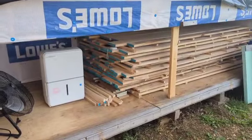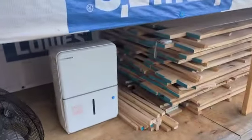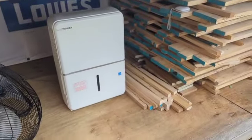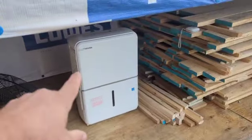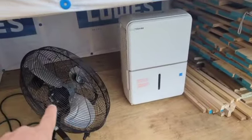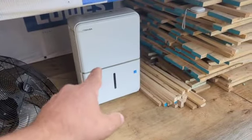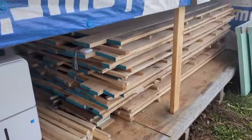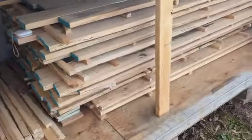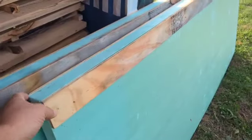The other part about this is that just the amazing thing, and I had seen it online before, but I wasn't quite sure how it would work. I don't have any heat source in here. I have just the dehumidifier and the fan running. The heat generated from those two alone gets this kiln up into the 140s, and it stays there for days on end. So it gets up high enough,